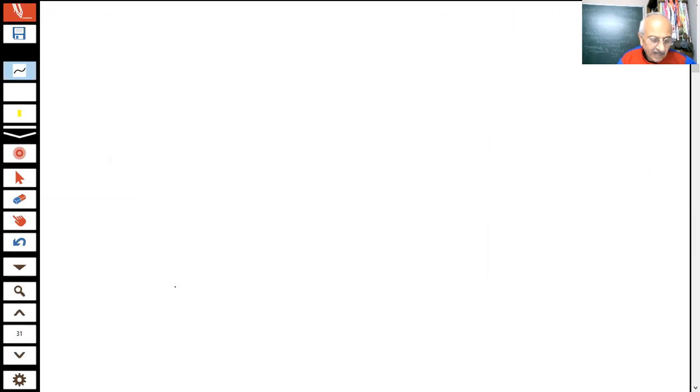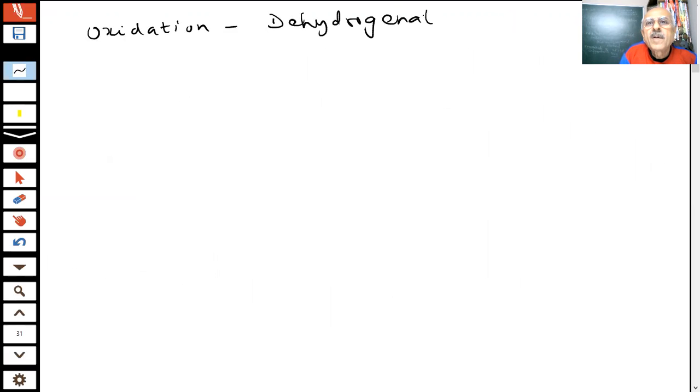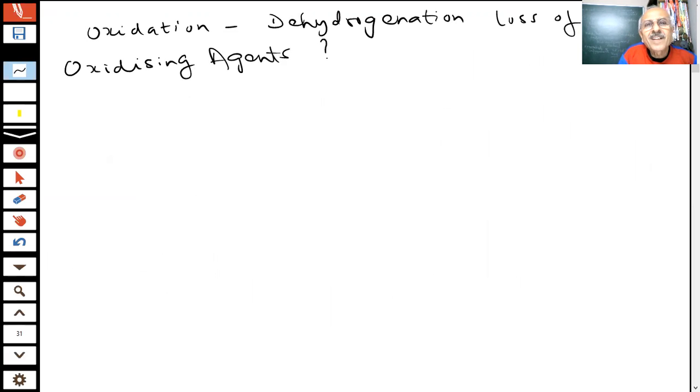This oxidation is also an example of dehydrogenation. There's a loss of hydrogen. What do you mean, loss of hydrogen? Loss of hydrogen is dehydrogenation. Now the question is oxidizing agents in organic chemistry. What type of oxidizing agents are available to us? I said there are two. One are weak oxidizing agents or